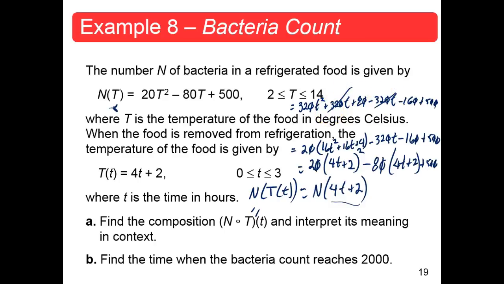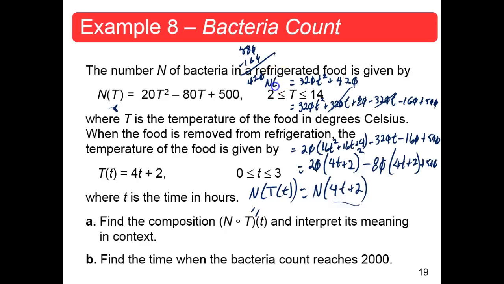320t, add and subtract, adds a 0. Next thing, combine your like terms. Now I'm going to combine them this way. The positives are 580, and then you're subtracting 160 from that. That gives you 420. Okay? So this is equal to 320 t squared plus 420. That's all that's left? I believe so. So that is your n